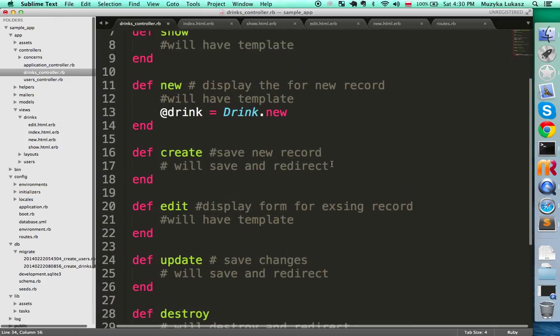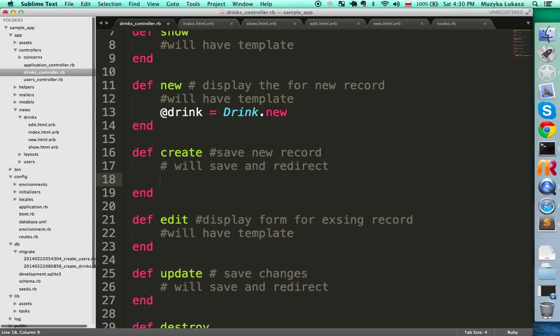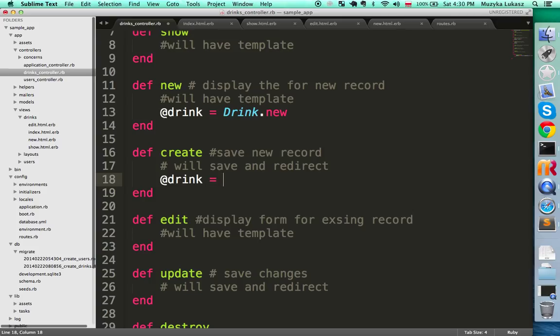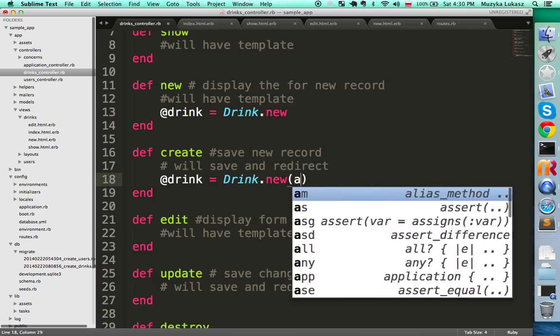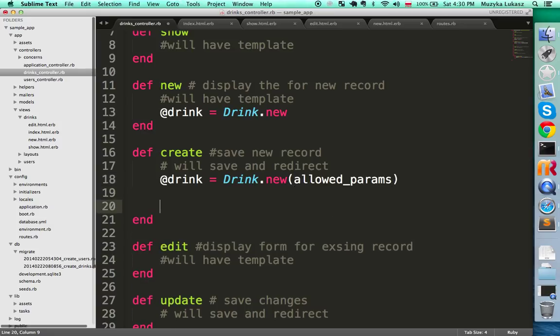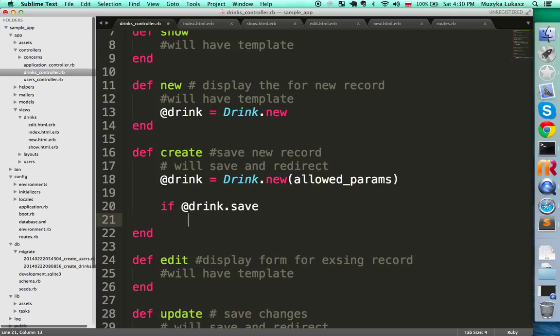So here in the create action, we're gonna create our new drink. So we call add drink equals drink dot new, and here we're gonna actually pass arguments to build that new drink. So here in the new action we created a completely empty drink, and here we're gonna use those allowed params to build an actual drink. And here we're gonna attempt to save it. Okay, so if add drink dot save is successful, we're gonna